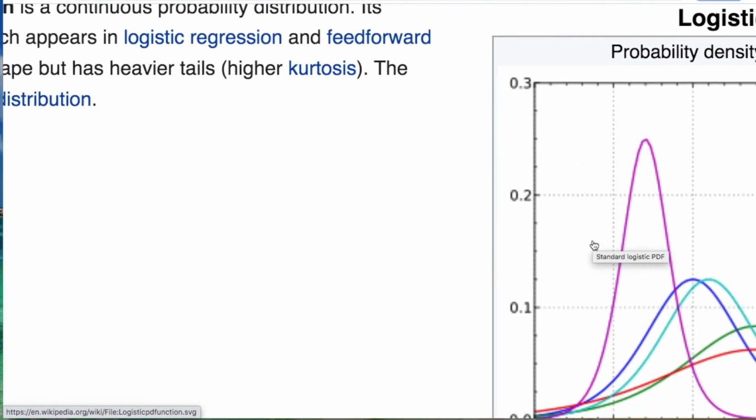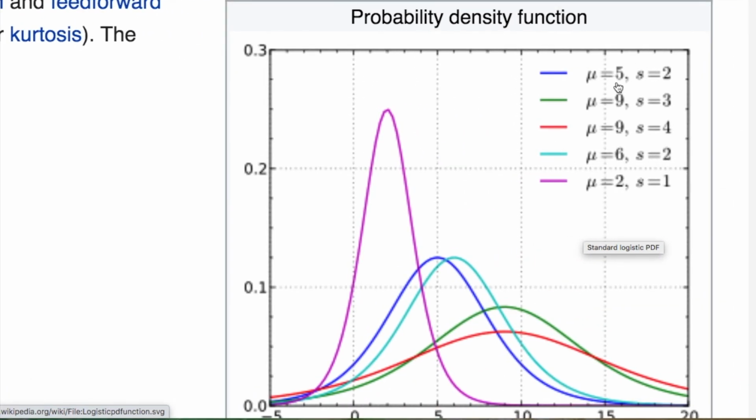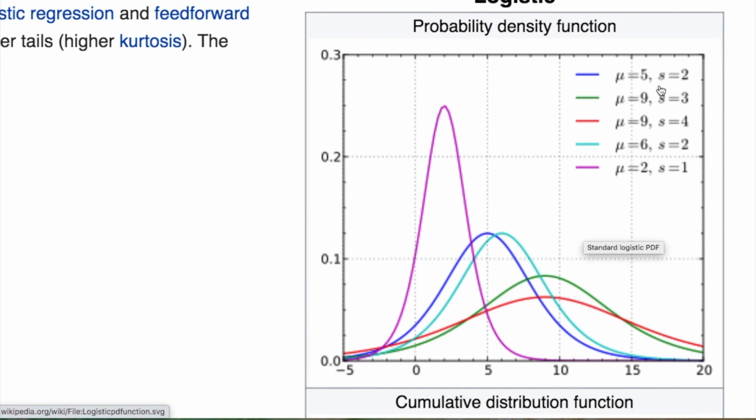So we're going to click on our link that's based on Wikipedia, and let's scroll out just a little bit. You'll notice that here's our mean and here's our standard deviations that are changed. As usual, we're going to start with here. This is our furthest left with the smallest mean, the smallest standard deviation, and we're starting to increase going this way, okay? So here's where this dark blue is. We have a 5 for the mean, but a 2 for standard deviation. And then we'll end up having a 6 with a standard deviation of 2. And then we have a mean of 9, but we have a standard deviation of 3. The same mean, but a larger standard deviation, and that's where you see this flattening right here, okay? So that's a visual depiction of getting the PDF for the logistic distribution.